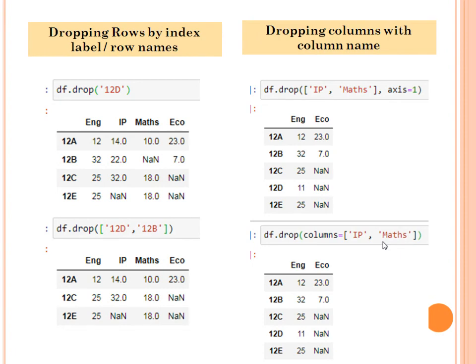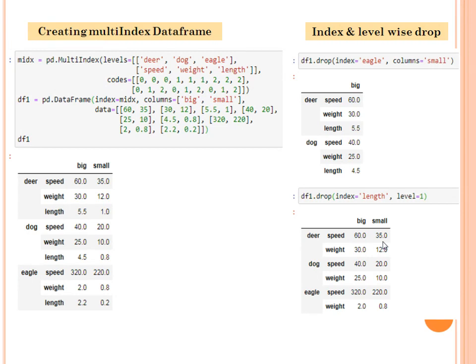Yes. So now see how to create a multi-index data frame. Children, first of all, listen, what is a multi-level index data frame? A multi-level index data frame looks like this.